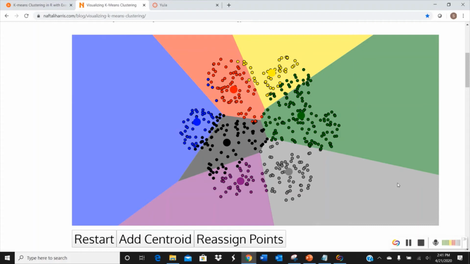There's some green dots that used to be closer to the green dot than they were to the yellow dot, but now that we've updated the centroids, we see that now those green dots are closer to the yellow dot. Okay, so now I'm going to reassign the points,